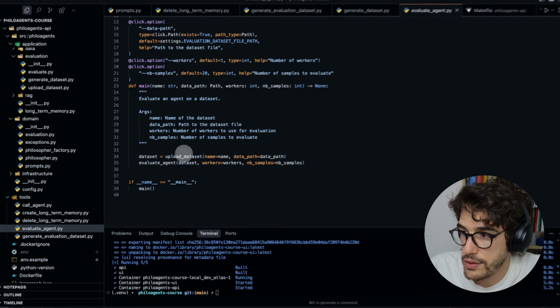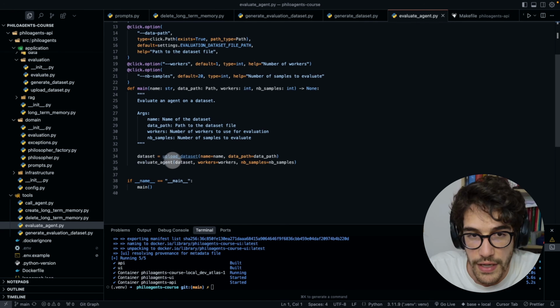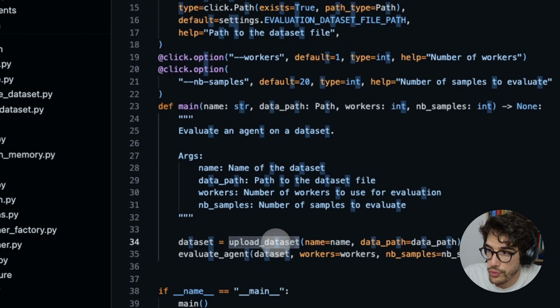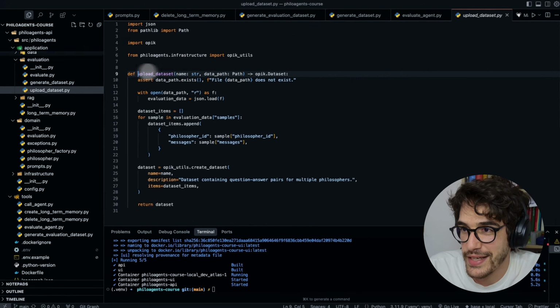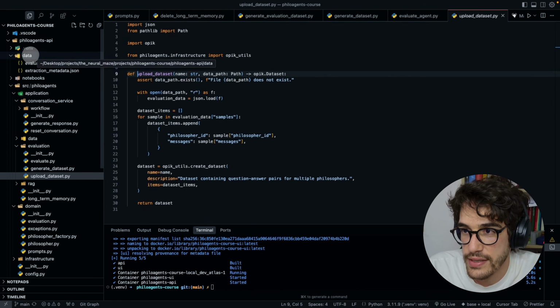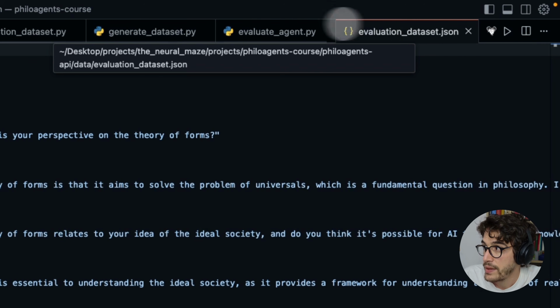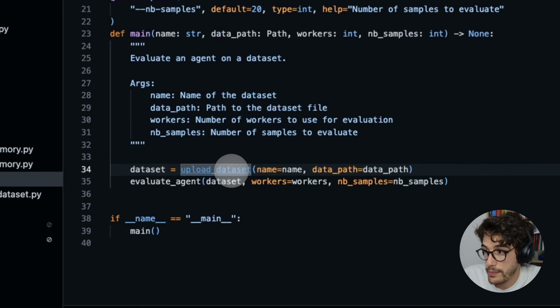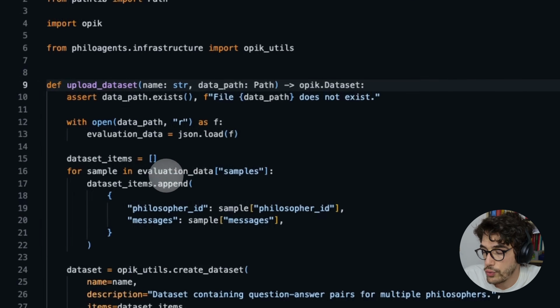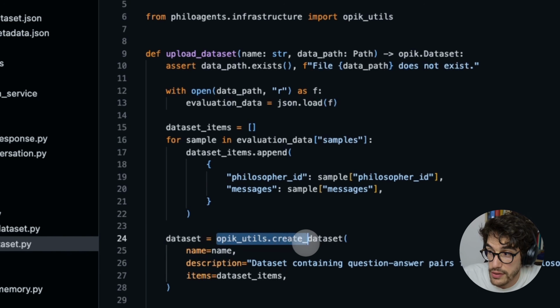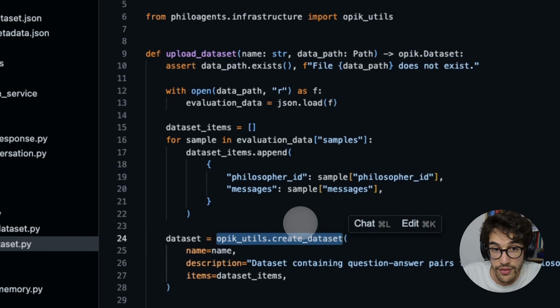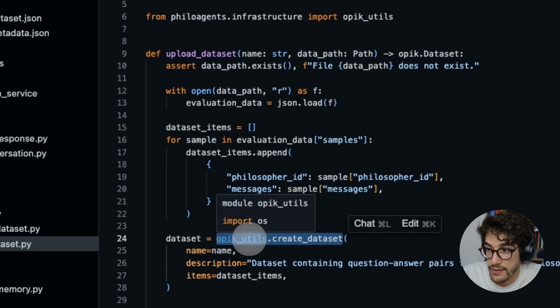If you go inside, you will see we are calling 2 different functions. The first one is the upload dataset. Pretty easy. It's just going to take the dataset that we stored inside the data. Remember this evaluate dataset. And then it's going to upload this dataset to Opik, okay? And to do that, it's just going to use this create dataset method that we have defined inside the Opik